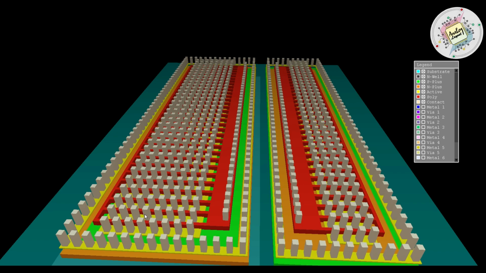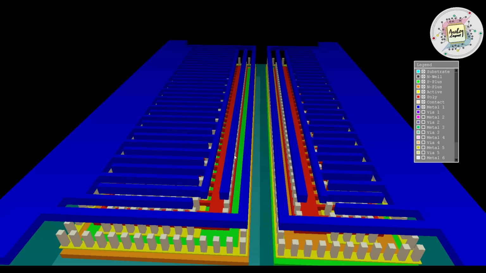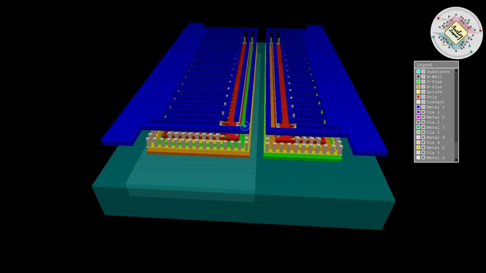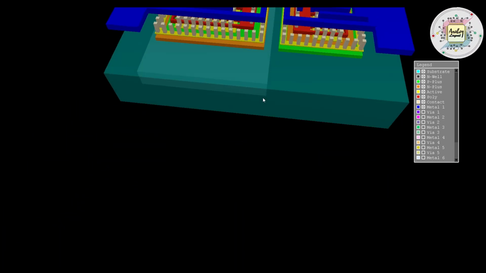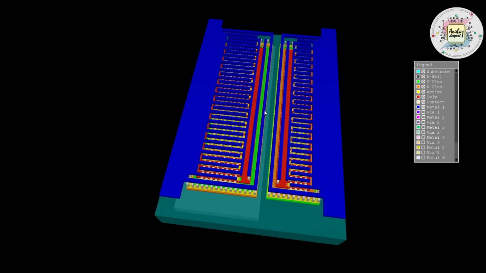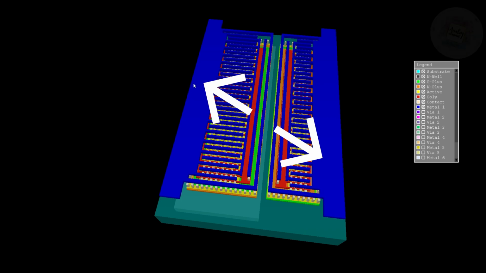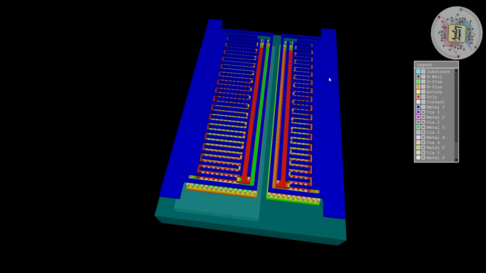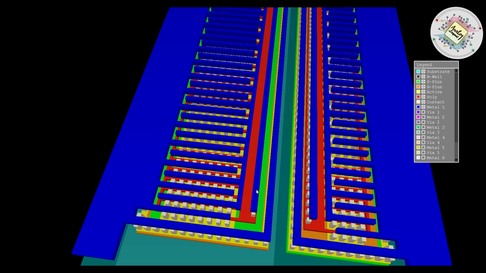After contact formation, I am going to fabricate my M1 metal. So this is my formation of M1 metal. Let me show you, let me keep it in a proper place. Yes, this is my M1 metal. Hope you can see the wider metal on the right side as well as the left side. Both the left and right side wider metals are used to connect the source terminal as well as our guard ring terminal. Also, in between these two devices, I have routed my poly contacts. So this is my poly contact and this is my source and drain contact, vice versa.